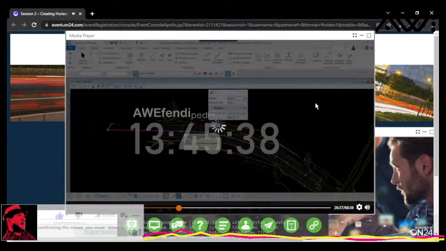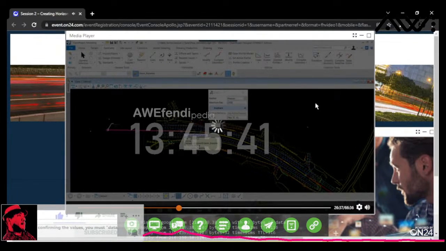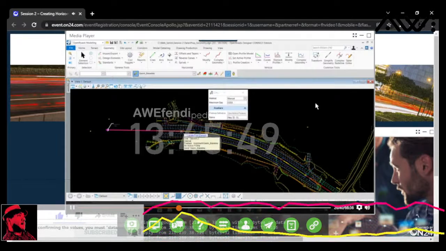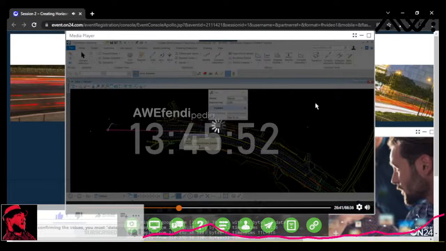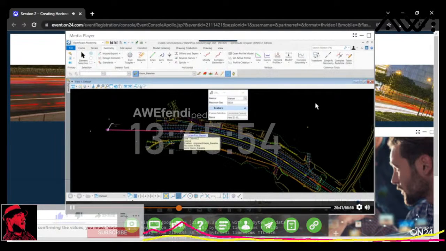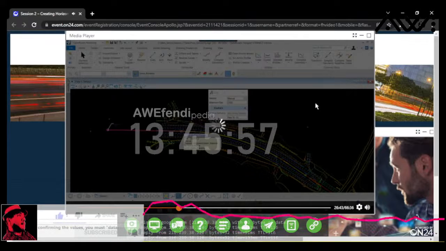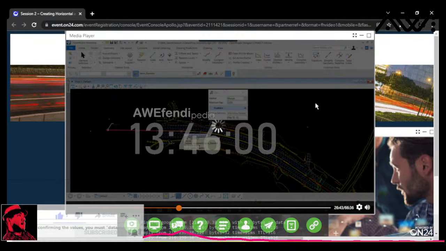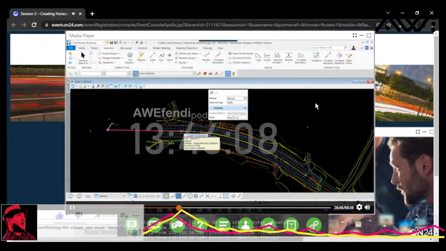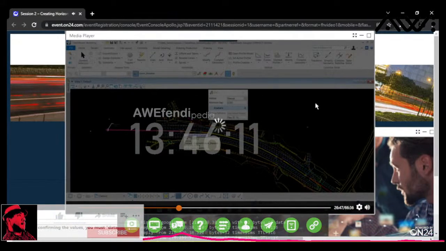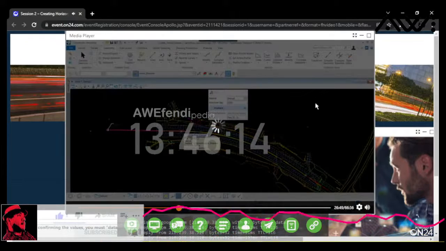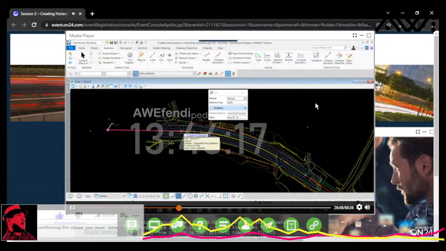So where you select the element has a direct impact on the direction of the element. Okay, and I'm showing you that just so that you'll avoid potentially picking the element in the wrong end, and then putting them in the wrong direction. Okay,